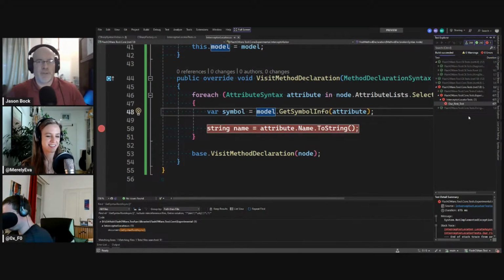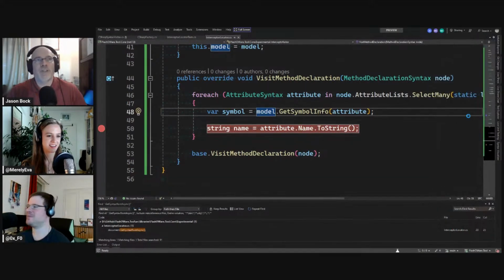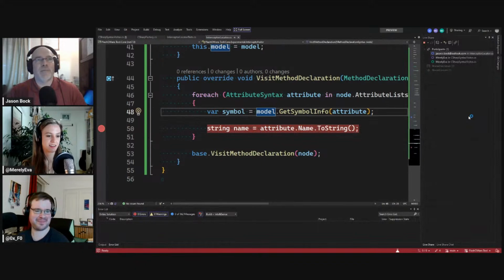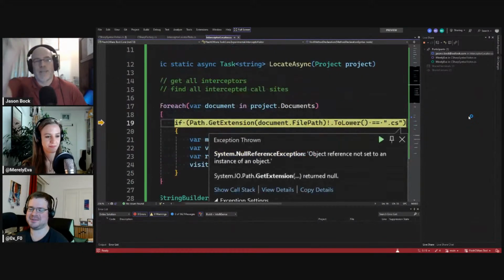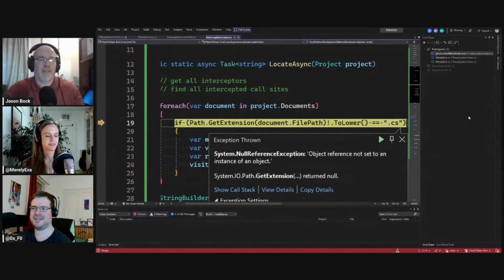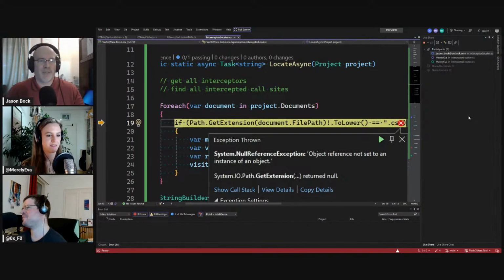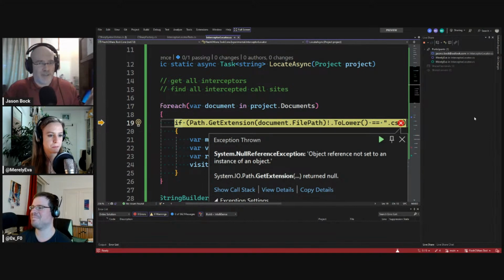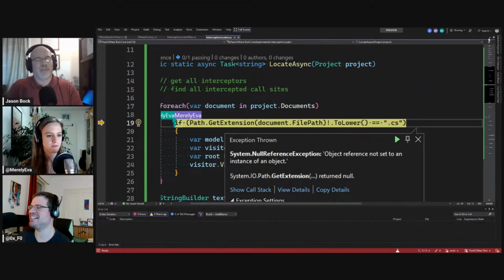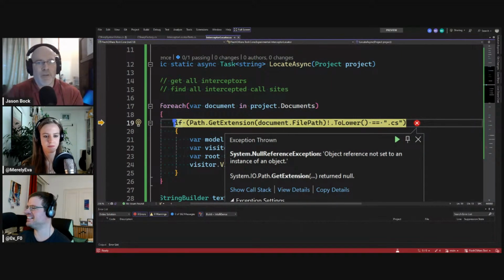Even after using this for I don't know how many years, I still forget which one to call: do I get declared symbol? There are other get-whatever-symbol methods on it. If you talk to somebody on the Roslyn team, they'll tell you exactly what it should be because they know that stuff inside and out. I just don't do it all the time.